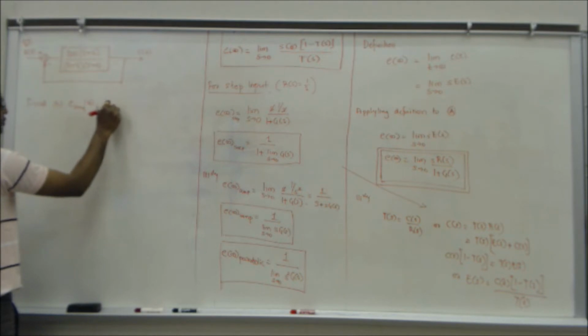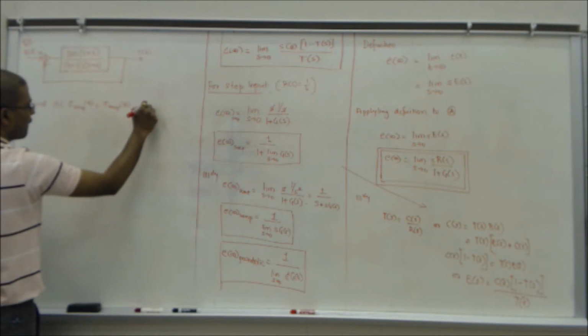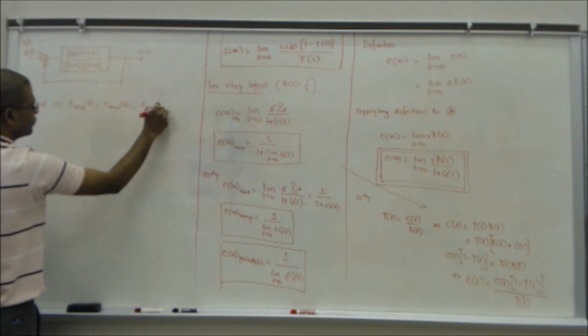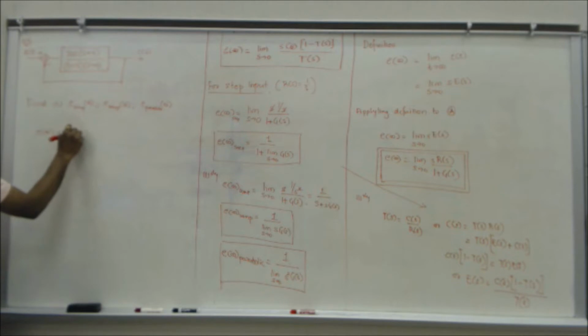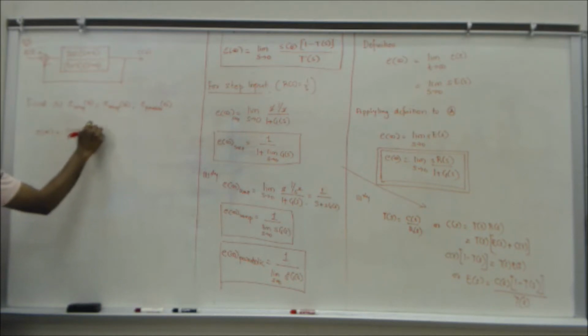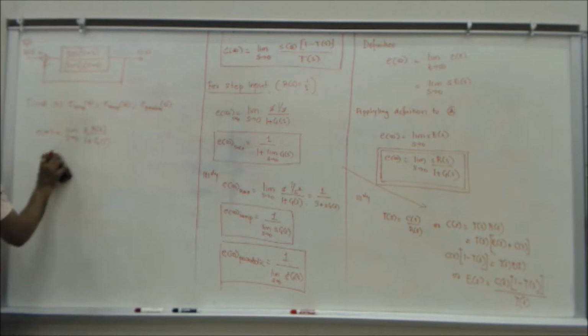E ramp, so your E infinity, already defined E infinity, limit as s tends to 0, s r of s over 1, right? So what is G of S here? G of s? That whole thing with all the blocks. This whole thing, right? So you just apply that